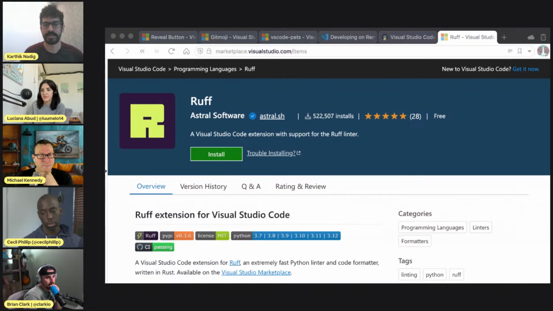And they also recently did iSort and Black implementations as well. So it can do your import sorting and your formatting. There are some differences in there, but I think they have implemented most of Black's stuff, and it's incredibly fast. Like you have thousands of files in milliseconds fast.